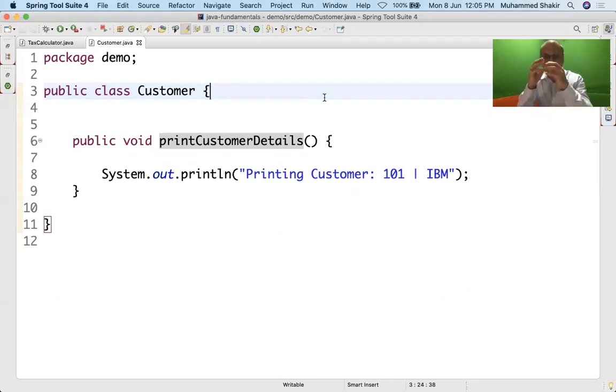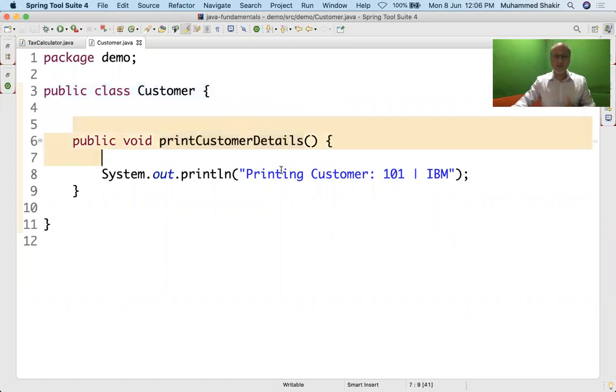So the state of an object is defined by the properties that are declared in the class. I repeat, the state of an object is defined based on the properties that are declared in the class. Correct? And how that object will behave is defined by the functions that you define in the class. Right? So any object has two things. One is the state. What do you mean by state? The properties and the values of those properties put together is the state of the object. And the methods that are written in the class define the behavior of the class.